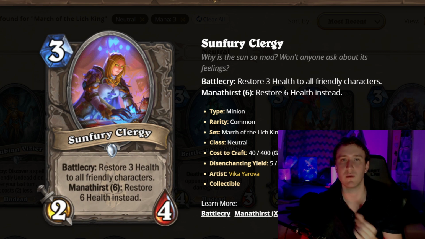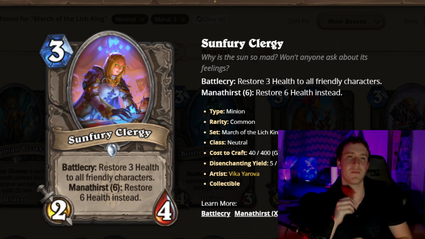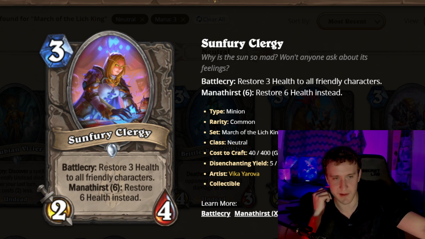Let's move on to Sunfury Clergy. This is a 3 mana 2/4. Battlecry: Restore 3 health to all friendly characters. Mana Thirst 6: restore 6 health instead. The thing is, especially if you play this on turn 3, healing 3 is totally good enough for anything you would need, right? I guess it's possible you could have taken 10 damage by that point, but